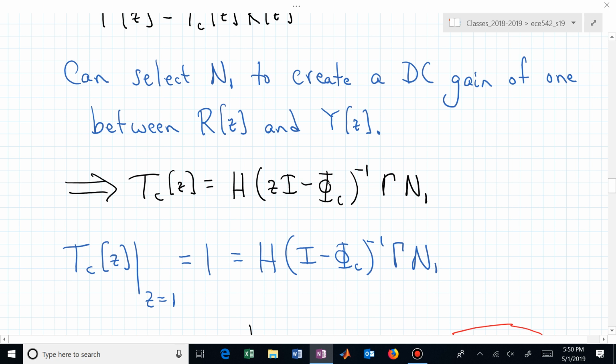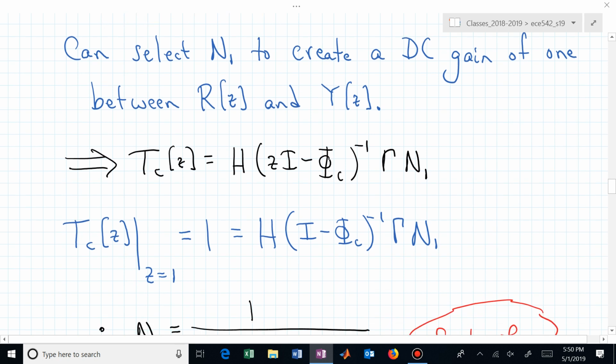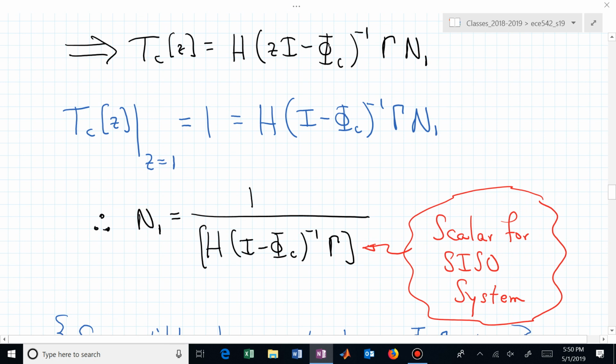Oh yeah, we'll get out the French bread maybe later when we start drawing root loci. We want to pick N1. Got distracted. It's easily distraction day, but we're selecting n sub 1 to create a DC gain of 1 if we want. Or I might ask you to give me a DC gain of 1/2 or 2. And you would use that information to determine what you want for your n sub 1 matrix, which if it's single input, single output, little n, so if it's single input, n sub 1 is a 1-by-1 matrix, or it's scalar. If we have single input, single output, that makes this